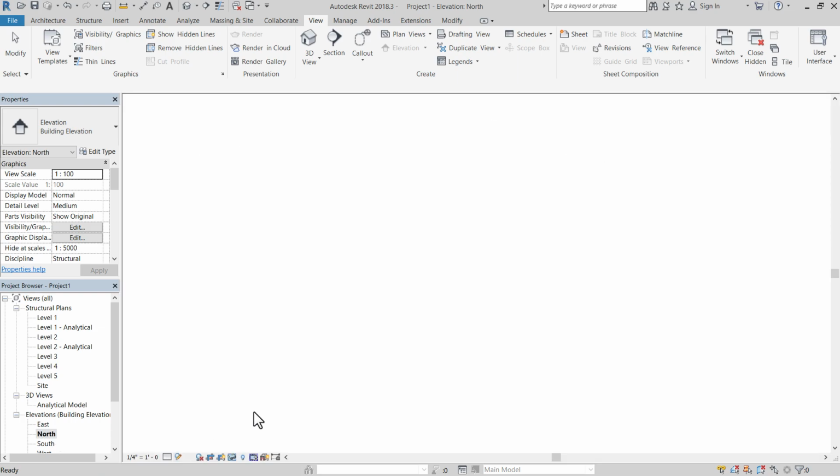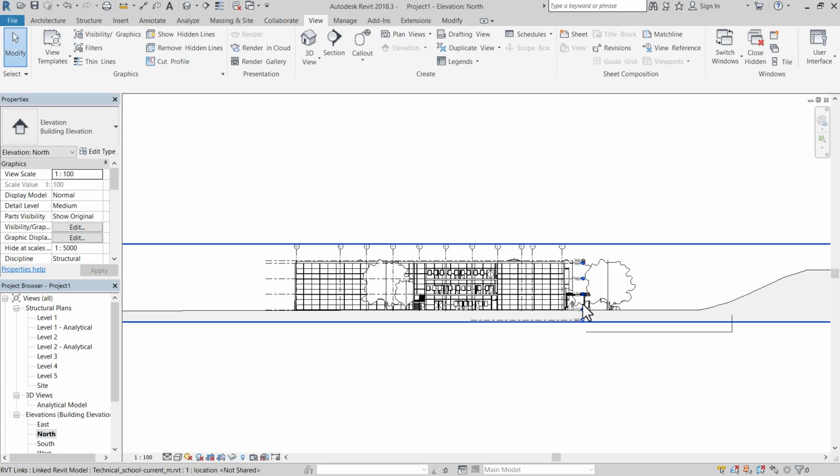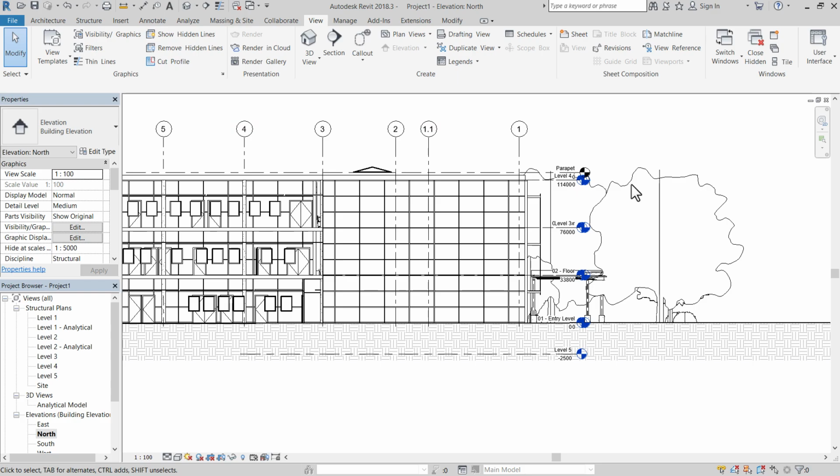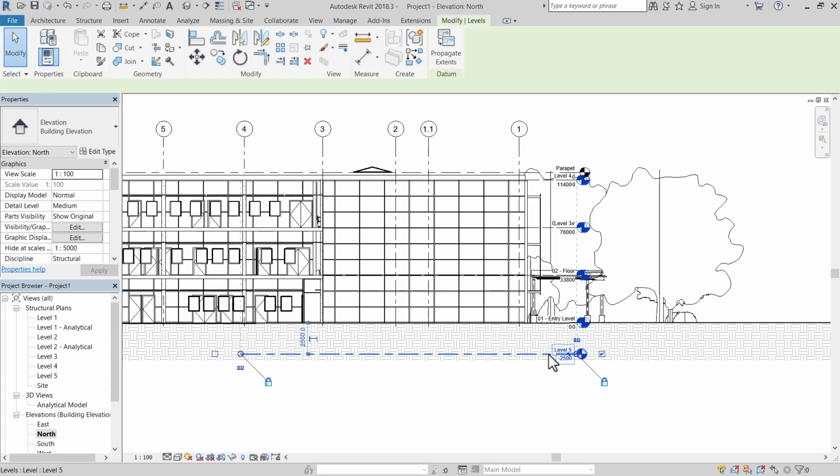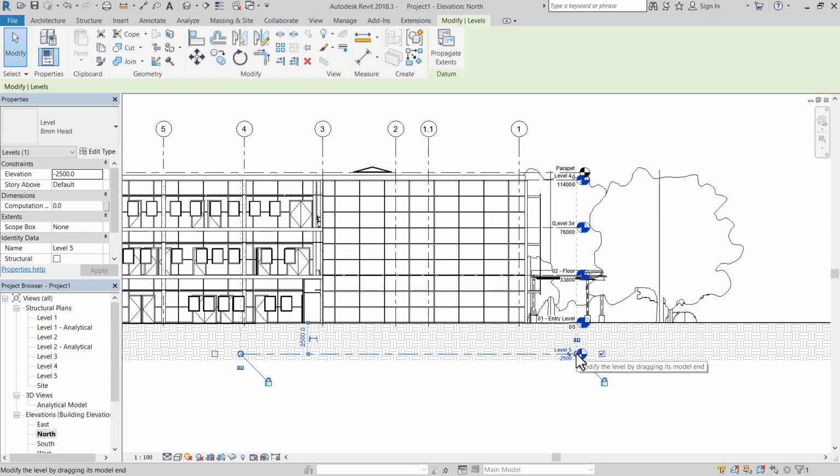Now the next thing that we will do is we will arrange our levels in all the rest of the 3 elevations. Since it is looking a bit shabby, we will select our levels and drag them to the right to get a clear view.